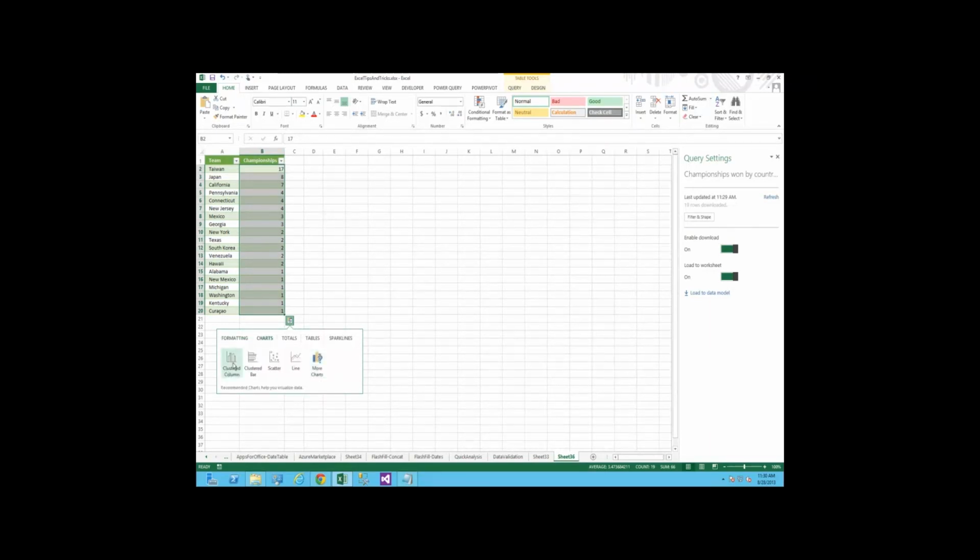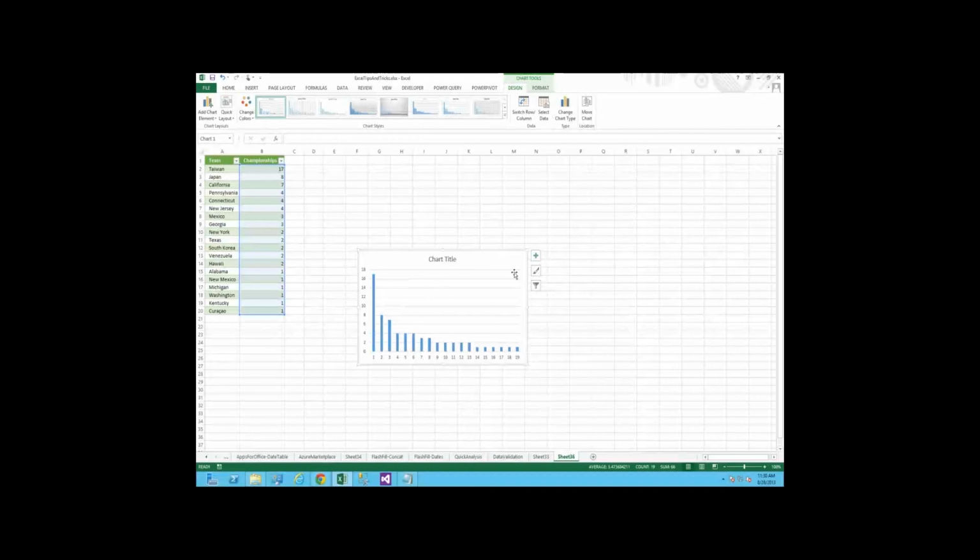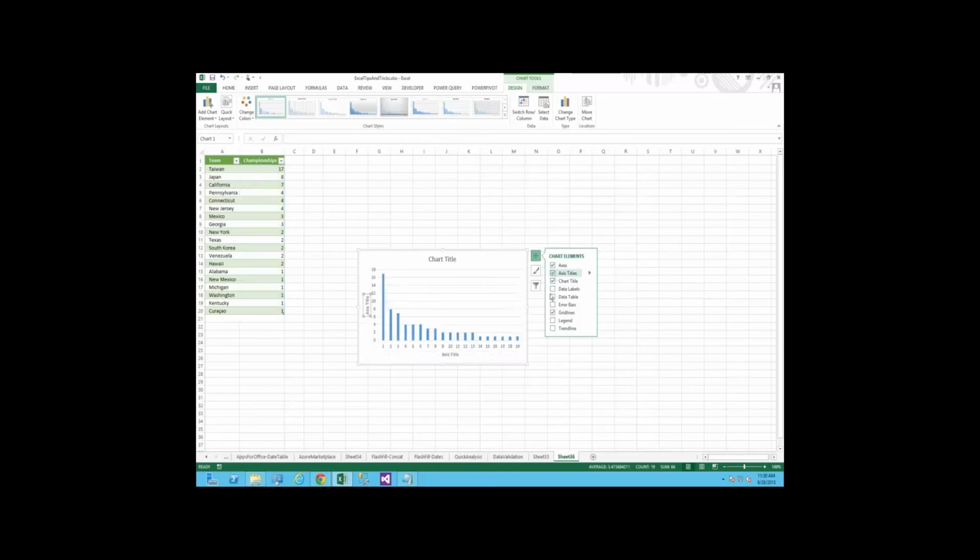Some other things you could do, let's see, you could turn this into a chart. So we could simply say that we want this to be a clustered column. And then you can click this, you can see in the chart, you got this chart elements, so we could do different things like add in data labels to get the actual numbers. We could show the legend, trend line, anything like that. But we could also then go into the styles. So if we want to play with the styles here,